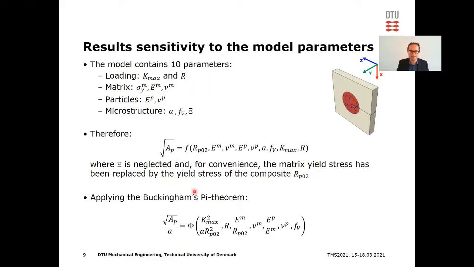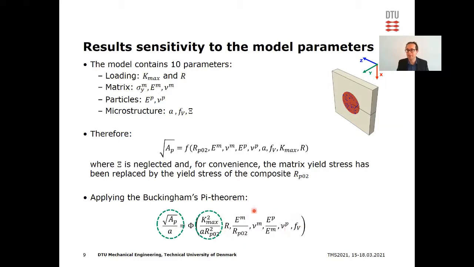And then we can apply the Buckingham pi theorem in dimensional analysis to rewrite this expression in terms of a relationship between dimensionless groups of quantities. And this is what we have done here. And I want to emphasize that we have chosen these dimensionless quantities in a special way so that these first 2 dimensionless groups that you see here correspond to the quantities that we had on the y and x-axis on the previous slide. So that means that if we want to study the sensitivity of the model results, we can just look at how the relationship that I showed you in the previous slide is affected by the values of